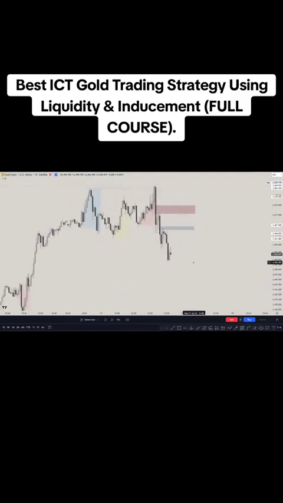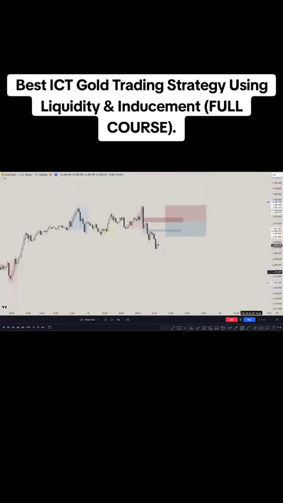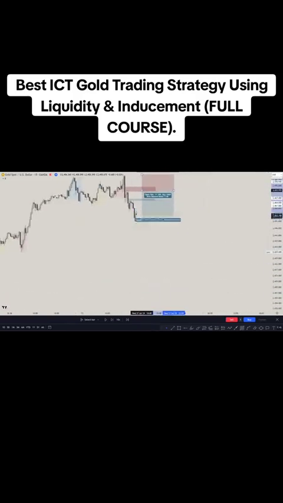What we can target, you could go for a 3-to-1 fixed reward to risk, or sometimes if you use a lower time frame, we're going to be discussing later, an intermediate time frame, or just going from higher time frame to lower time frame using two time frames. You could have a limit order here above this high because that's a high probability inducement level. Stop loss goes above the high, and then what we can target is 3-to-1, for example, around this